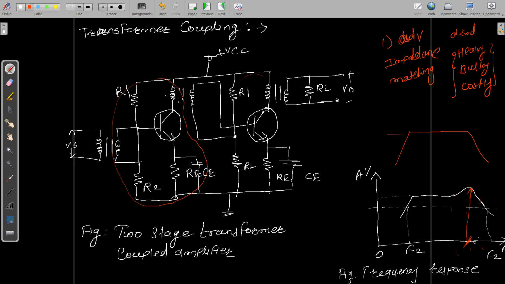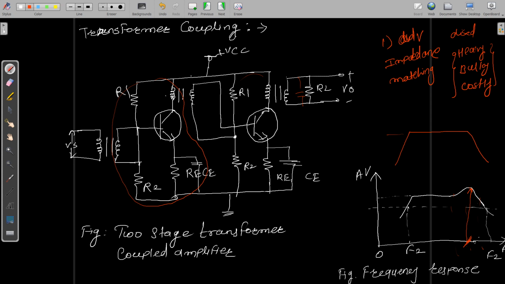Okay, and we can say that if you put a capacitance in parallel with the windings of the transformer, we can get resonance at any desired radio frequency. Such amplifiers can be called tuned voltage amplifiers. That means if I connect one capacitor over here and try to have resonance at any frequency which I want at radio frequencies, then with this kind of change I may use it as a tuned voltage amplifier.